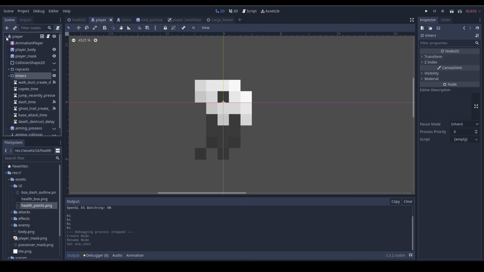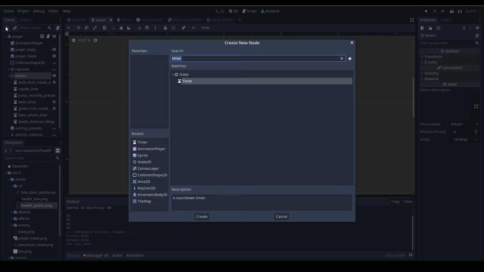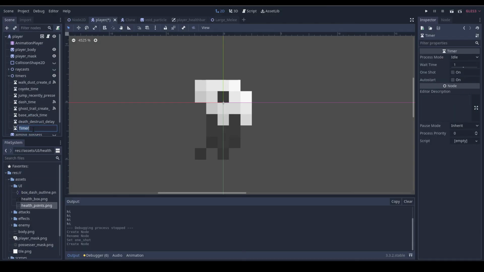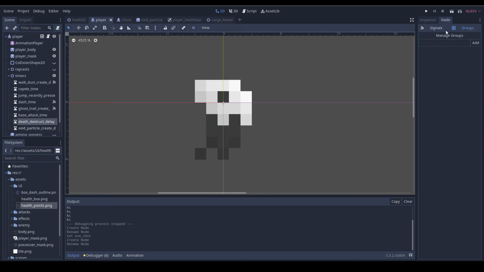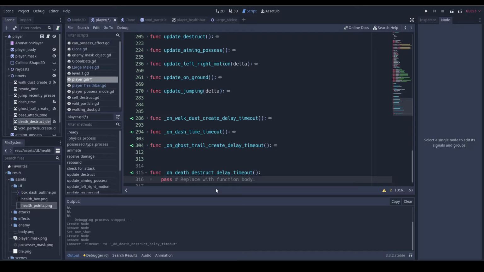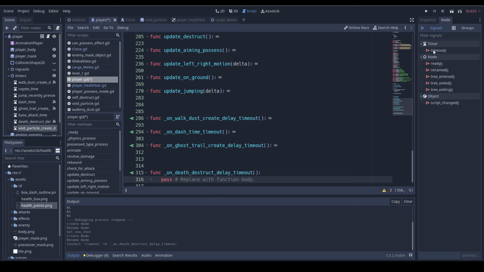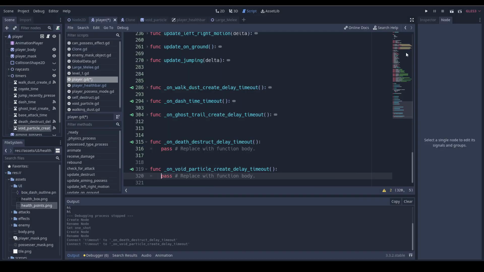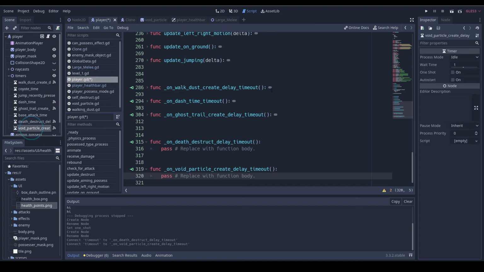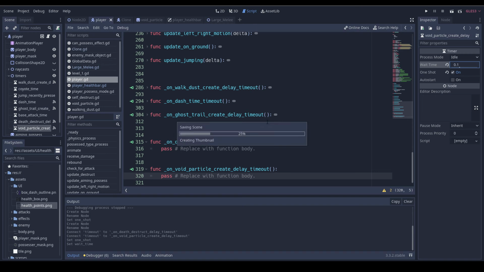Then we're gonna want another timer. Void particle create delay. Of these to our script. Just gonna go into our void particle create delay and make it like 0.1, maybe